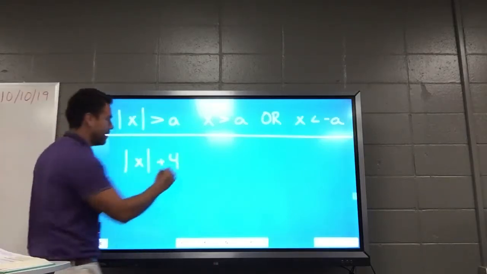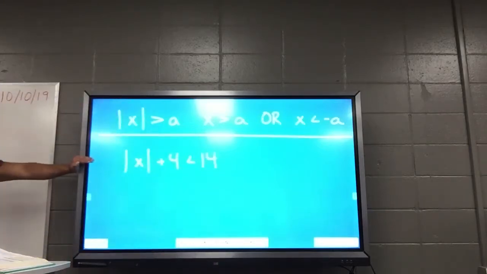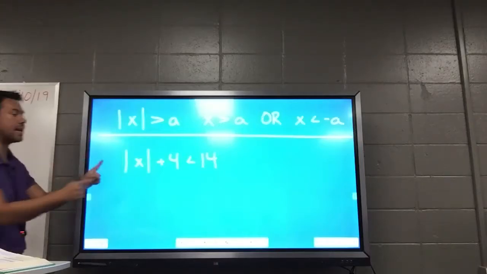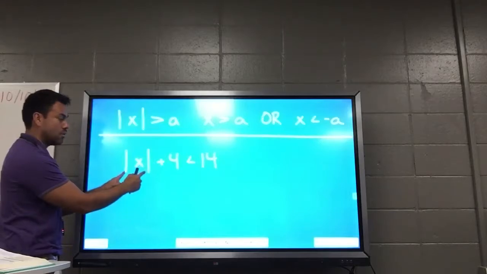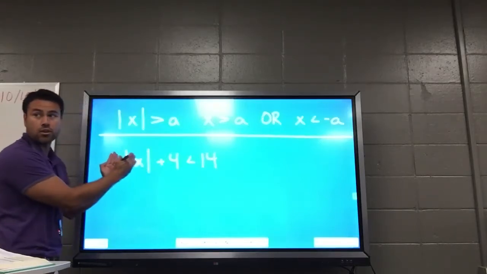All right. Let's go ahead and work on this one here. This is an example of an absolute value inequality. It has an absolute value in it, and it has an inequality symbol in it. So my first step is just like the absolute value equations, I have to isolate this absolute value. I have to get this on one side all by itself, which means what do I do to both sides